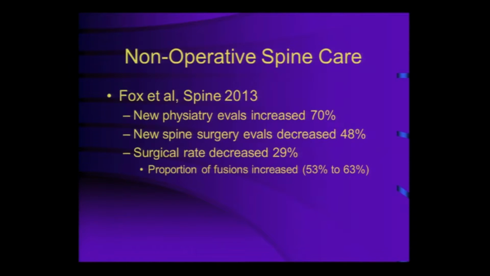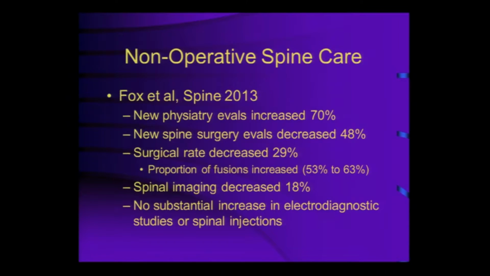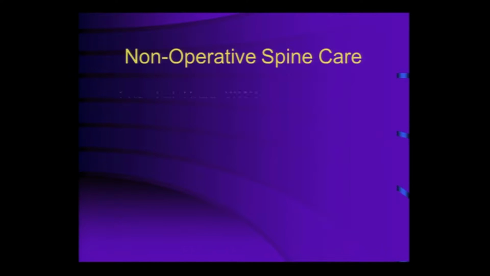I mean, you could wonder things about, bad things don't get better. The things that really need to be put back together, spondies and things, they don't get better. They're gonna get fused. Or maybe discs, if you bought them a little more time, they got through it, I don't know. But they didn't give you an answer. Imaging went down 18%. And really the numbers of EMGs and the injections didn't change at all. And the number of EMGs were so small, there was nothing significant there about change.